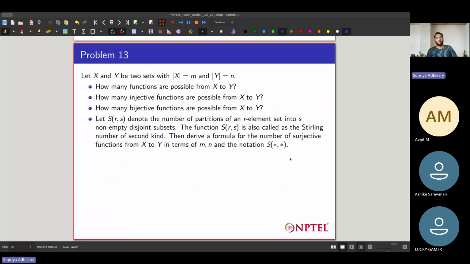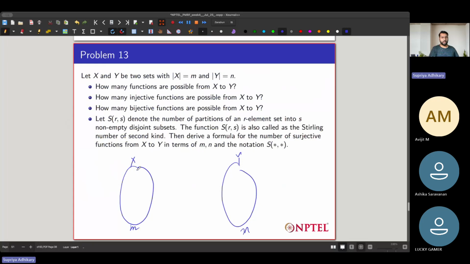Okay. So now the question is a little different. Over here we have sets x and y such that the cardinalities of x and y are given. So how many functions are possible from x to y? If x has m many elements and y has n many elements, then there should be